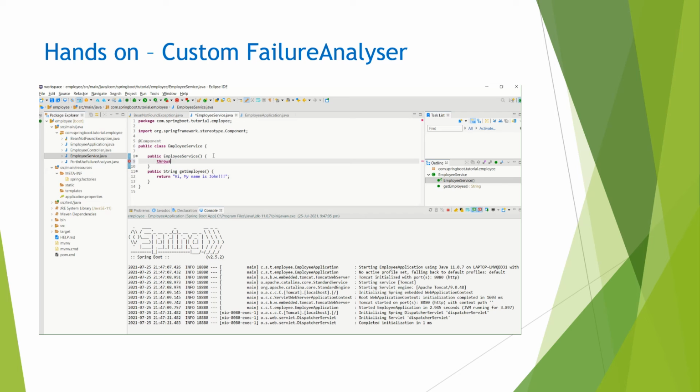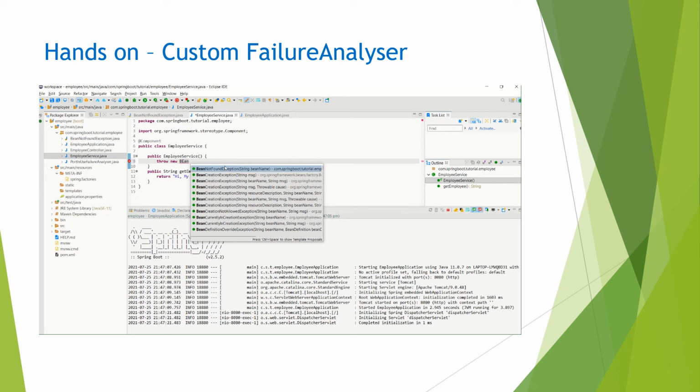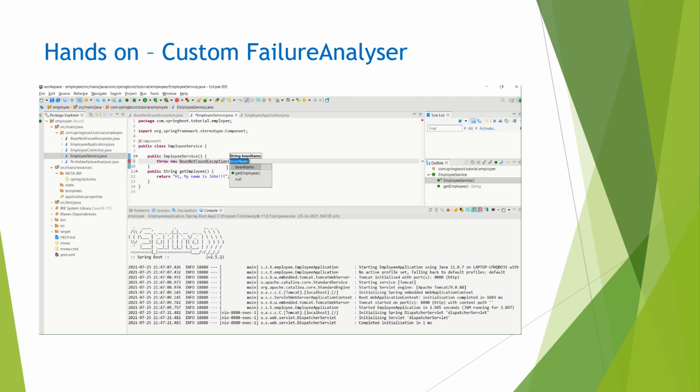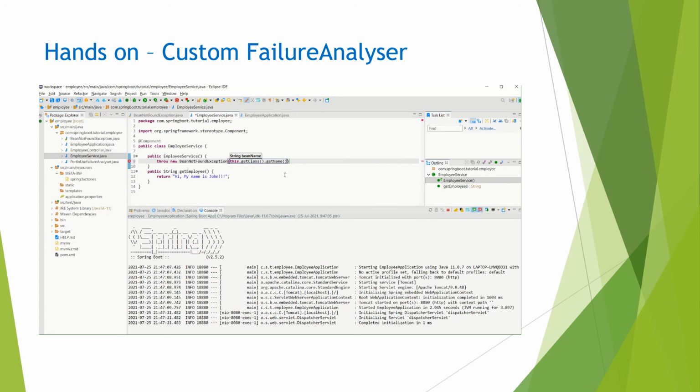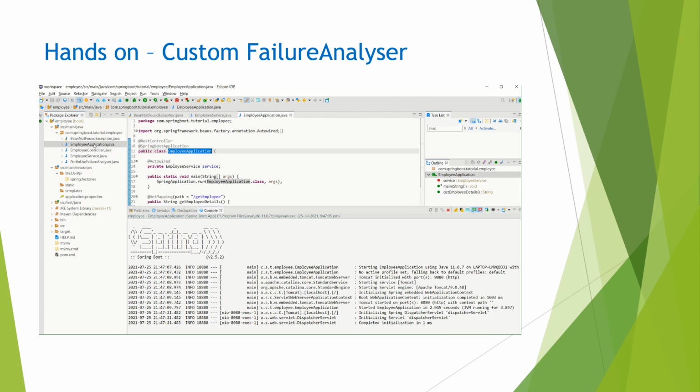What does it do? Throw new BeanNotFoundException. We have to pass the message. What is this? this.getClass().getName(). So now what it is doing: our employee application has the employee service as a dependency, and